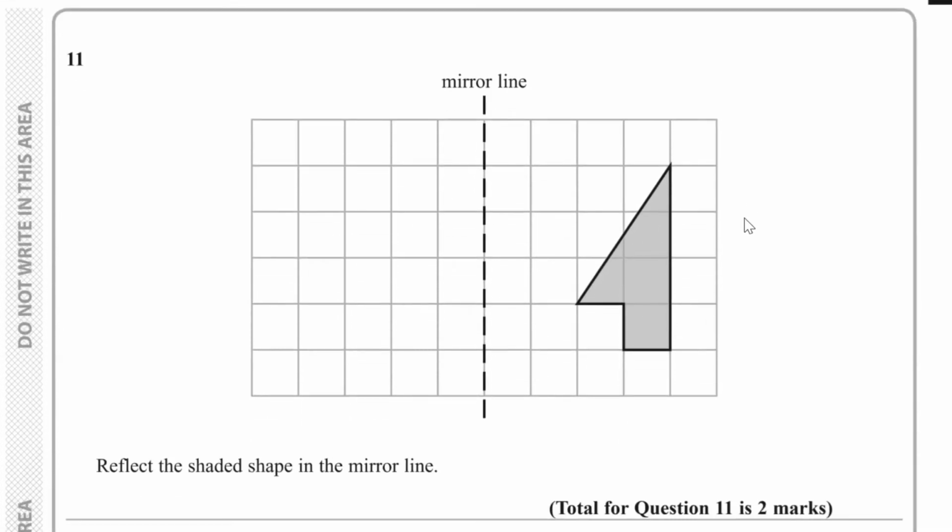Question 11. We have to reflect the shaded shape in the mirror line. So if we do that, this point here is 2 away from this mirror line, so the corresponding point for this will go over here. This point is 4 from the mirror line, so going 4 the other way, the corresponding point goes here. For this point, this is 3 away from the mirror line, so going the other way, the corresponding point goes here. And for this point, this is 1 below here,